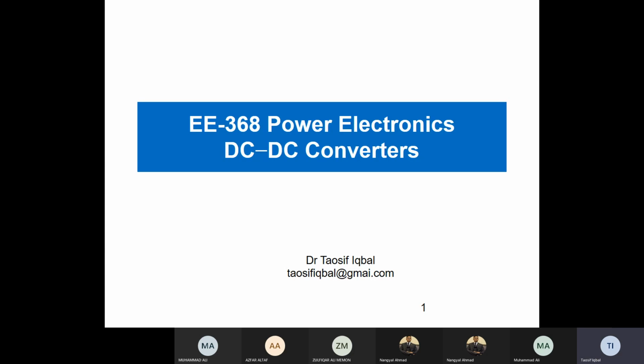So in last class we completed the discussion of diode rectifier. Next, I wanted to first start with DC to DC converters, step down and step up converters, and then we come back to controlled rectification, which is basically using thyristor-based, SCR-based circuits. So that we will be covering a little later during this course. So shall we start?